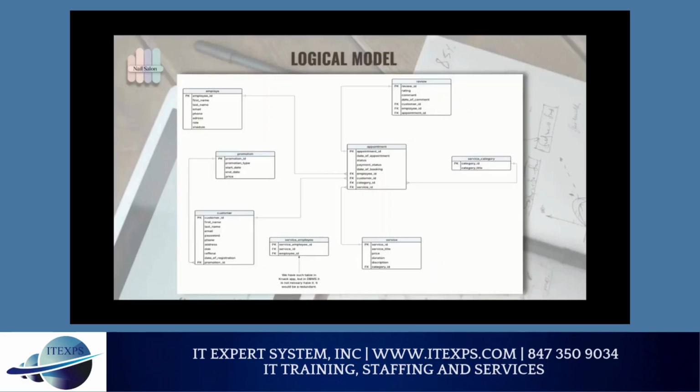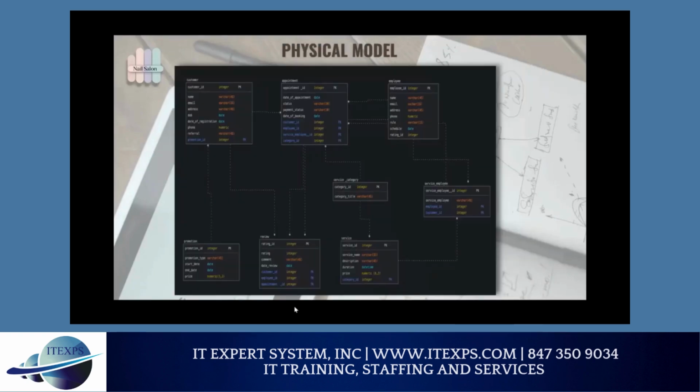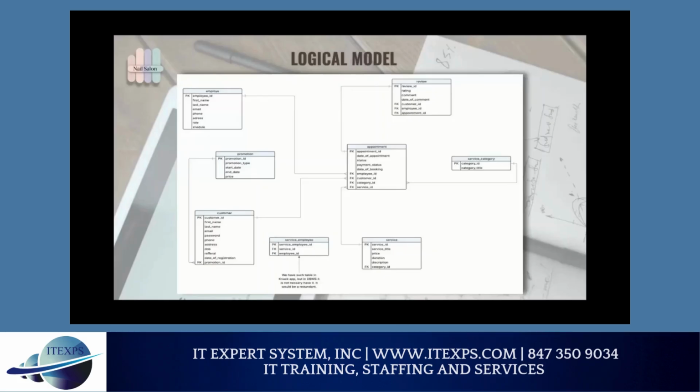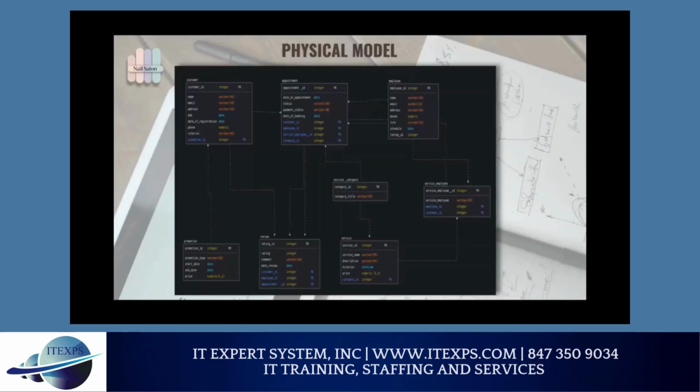This diagram illustrates how customers, employees, appointments, services, and reviews are connected with the nail salon web app. Appointments link clients to staff and services, while services are organized into categories. Reviews are tied to specific visits, and promotions track special offers to enhance customers' engagement. An optional table is used to map which employees are qualified to perform specific services. The next slide will show us a